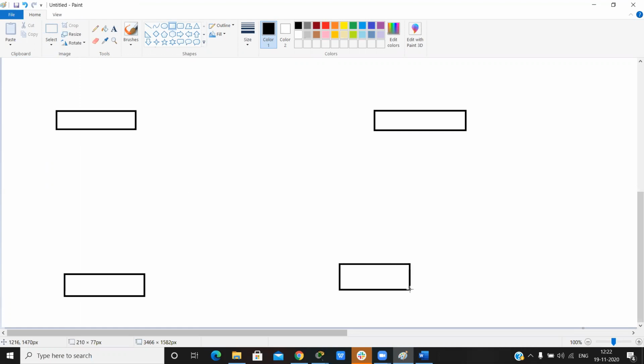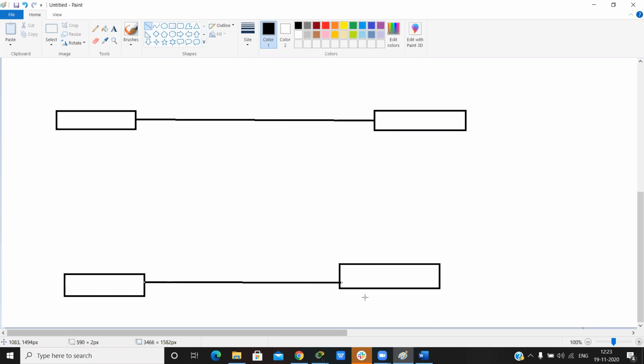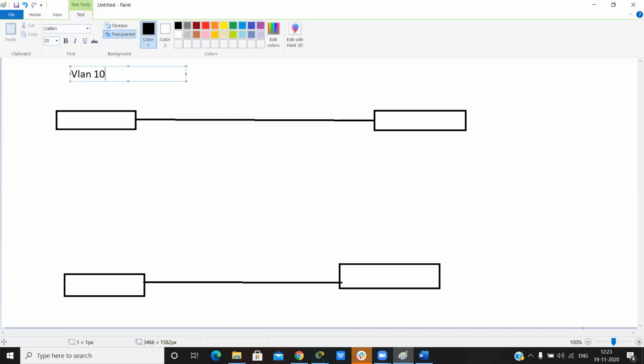If we have these two switches, and here we have VLAN 10 and VLAN 20, VLAN 10 and VLAN 20, VLAN 10 and VLAN 20.